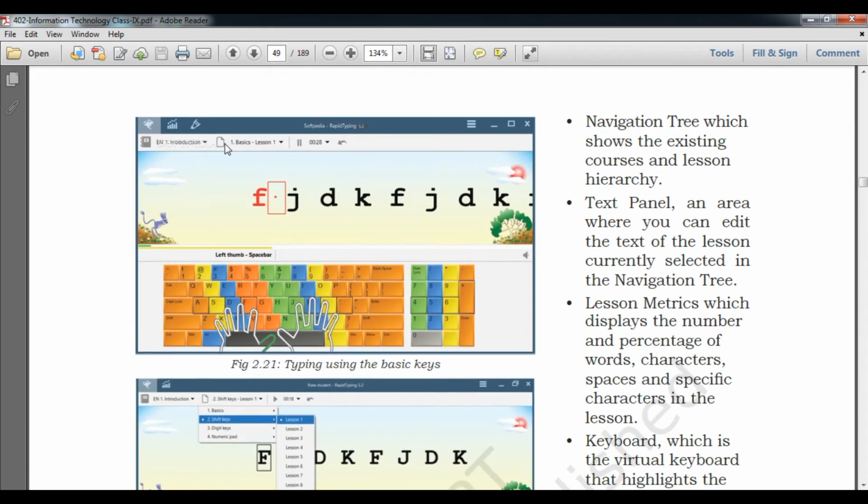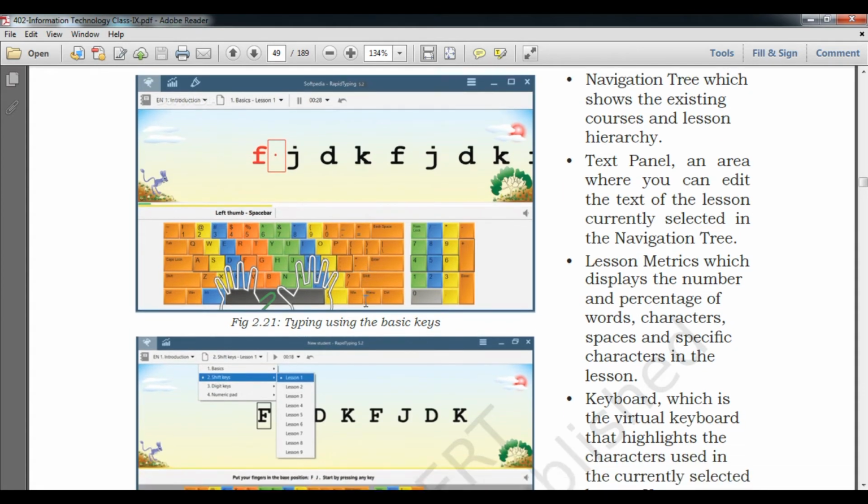Here you can see the navigation. Whatever you are going to type, it will show you what you have typed. Okay, for example, if it turns red, it means you have pressed the wrong key. Okay, and this box will show you what you are going to type and which is next, what the next particular keys are that you have to type.